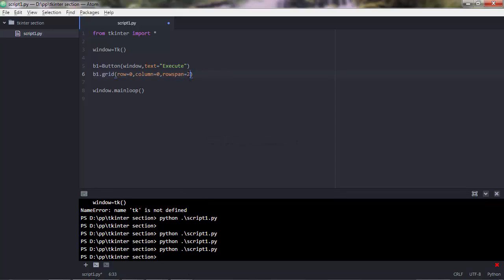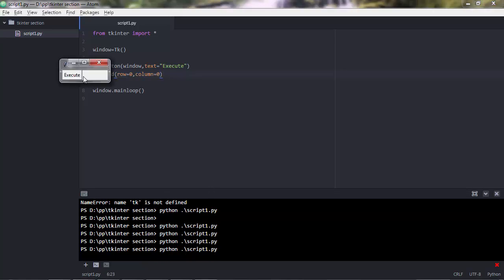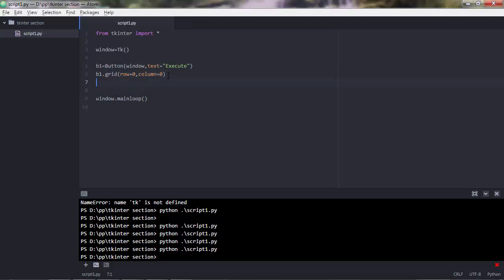In our case, this is not necessary actually, because we don't have lots of widgets, we only have one button. And so let me execute this script now and see what we get. So we get a button, which actually does nothing because we haven't specified what action to perform when you're pressing the button. And I'll explain that in the next lecture, but for now let's add some more widgets here,